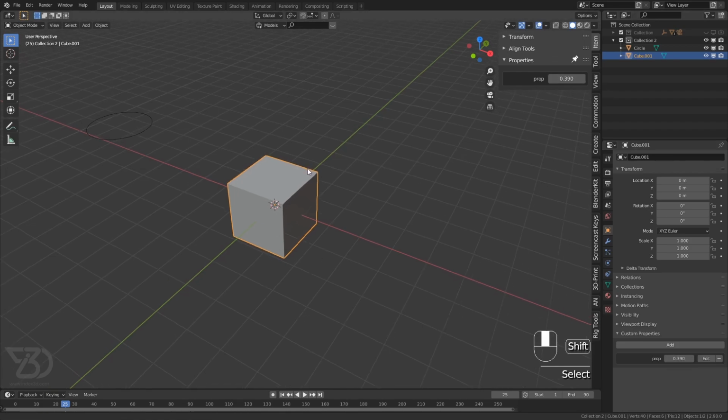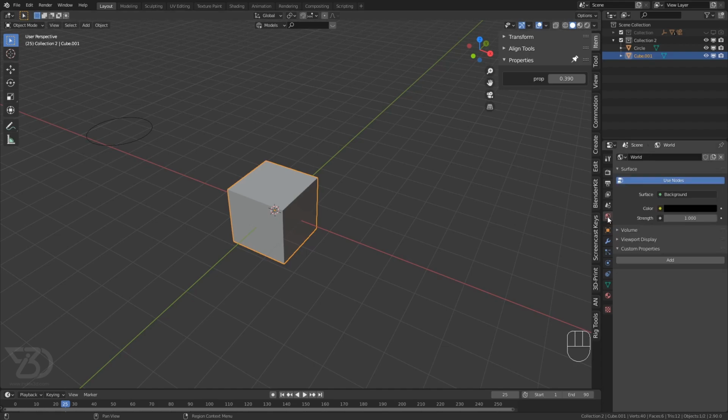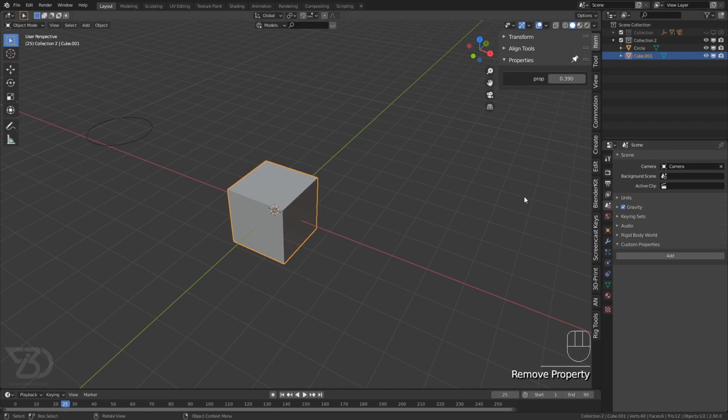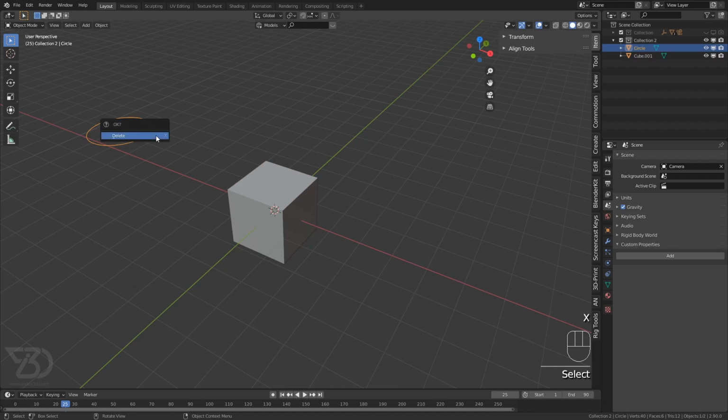But if you create a custom property in the scene tab or in the world tab, you can have access to it if you have any other object selected. So depending on the situation, you should create a custom property on object level, scene level or world level. So let's see how we can create different types of custom property.